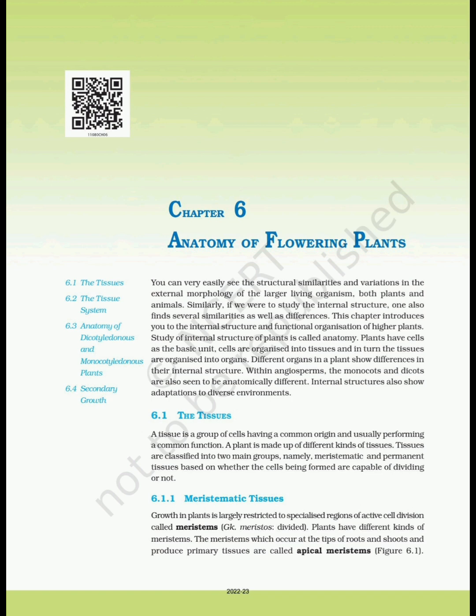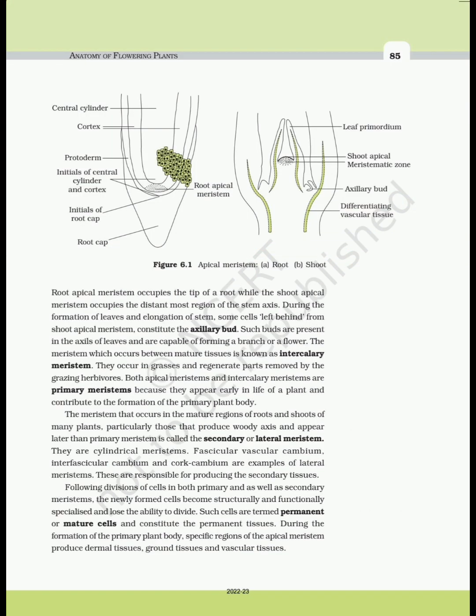6.1.1 Meristematic tissues. Growth in plants is largely restricted to specialized regions of active cell division called meristems. Plants have different kinds of meristems. The meristems which occur at the tips of roots and shoots and produce primary tissues are called apical meristems. Figure 6.1. Root apical meristem occupies the tip of a root while the shoot apical meristem occupies the distal-most region